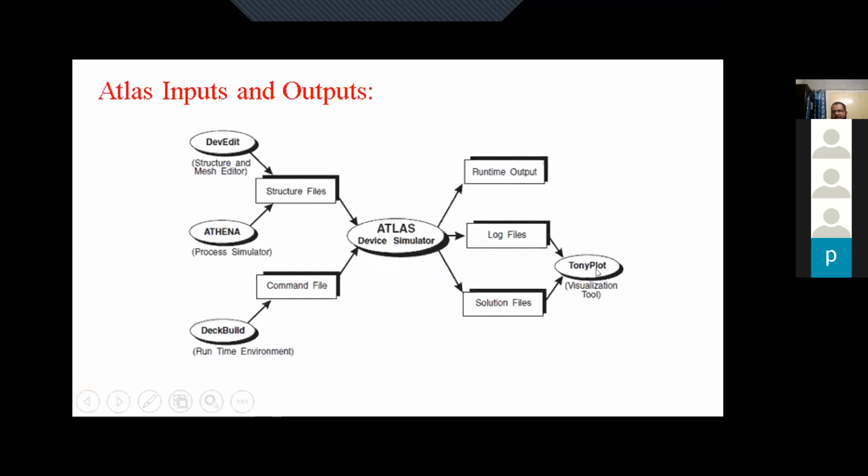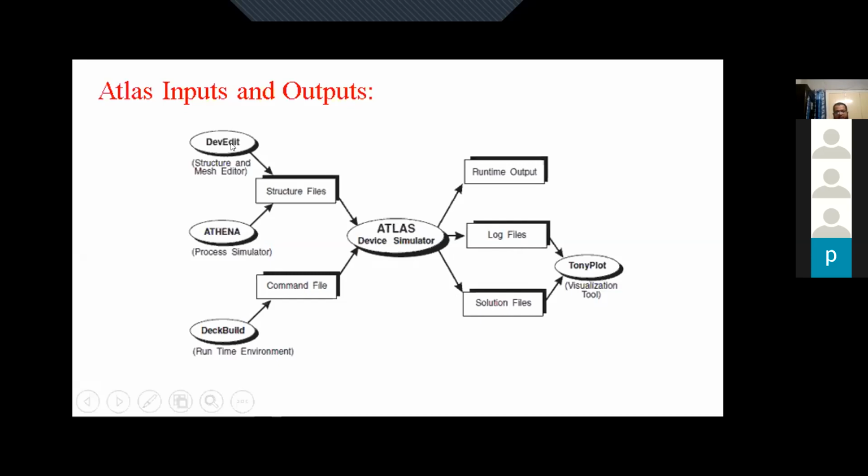To visualize those results, there is a graphing software or graph tool known as TonyPlot. Here you can visualize all the results that you have in the form of log files, structure files or solution files. Now to create the structure, there are other tools also available, like Athena, a very famous tool. Here it is like a real fab, like you can have ion implant and diffusion and all those things.